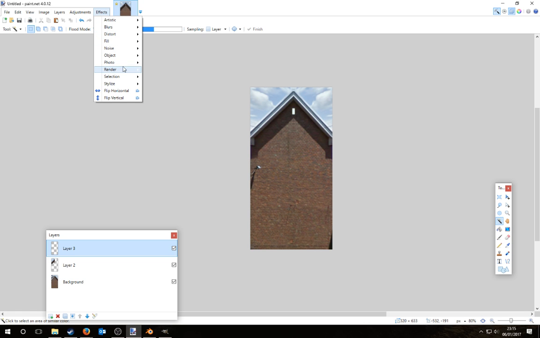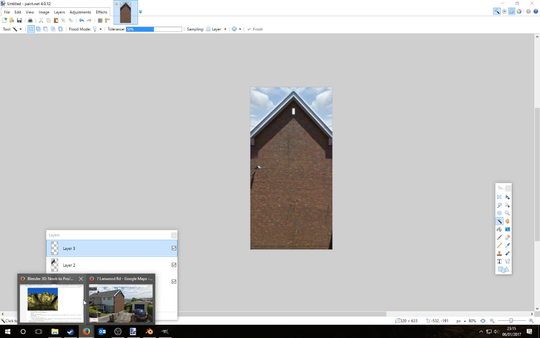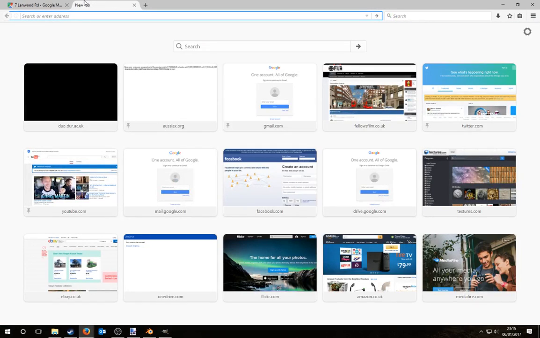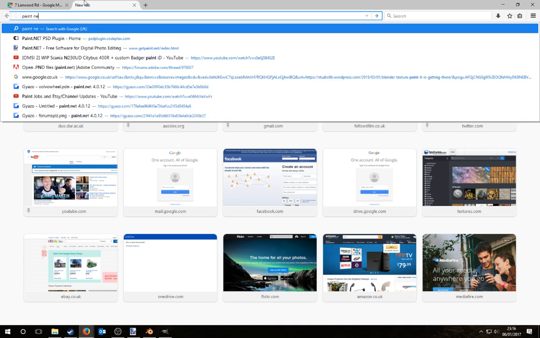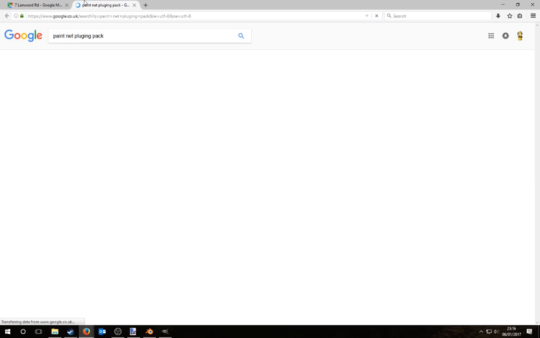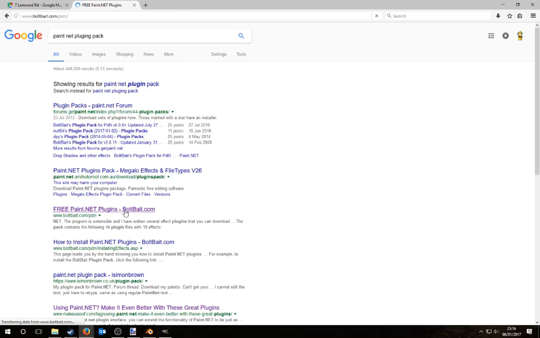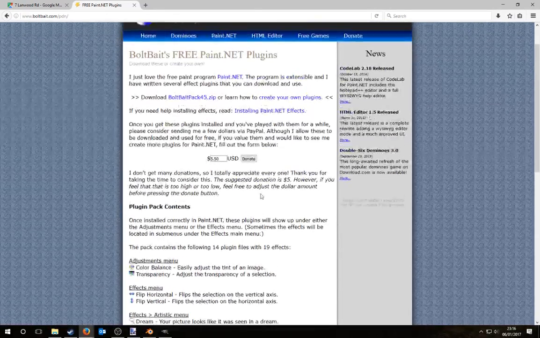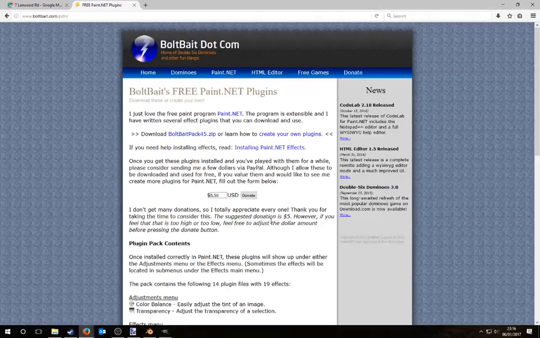Now here's another thing I'm quickly going to do: I'm just going to add a grid. Oh yeah, one other thing that I often use is... what's the name of that plugin pack I use? There is a certain pack, yeah, Bolt Bait. This is a plugin pack that I use a lot. It is a free plugin pack, donationware,